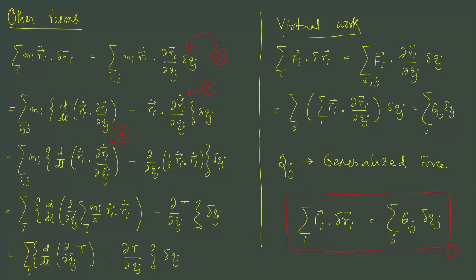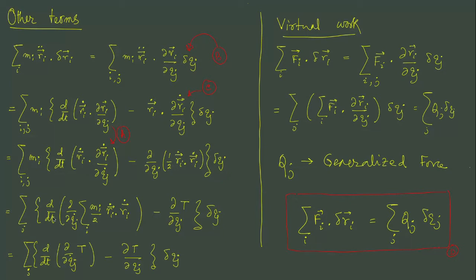We can do something similar with this term. The total time derivative is there, and we take del del qj dot outside, and then with respect to that we are taking the time derivative of Ri dot dotted with Ri dot. So it's basically Ri dot squared, a regular velocity squared. Remember, the Ri's, the Cartesian coordinates, are functions of the generalized coordinates, but their time derivatives would be functions of the generalized velocities. This is why this derivative exists.